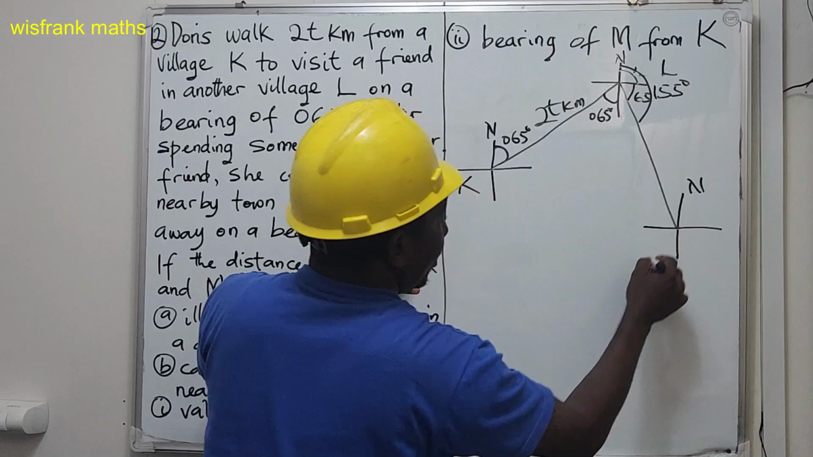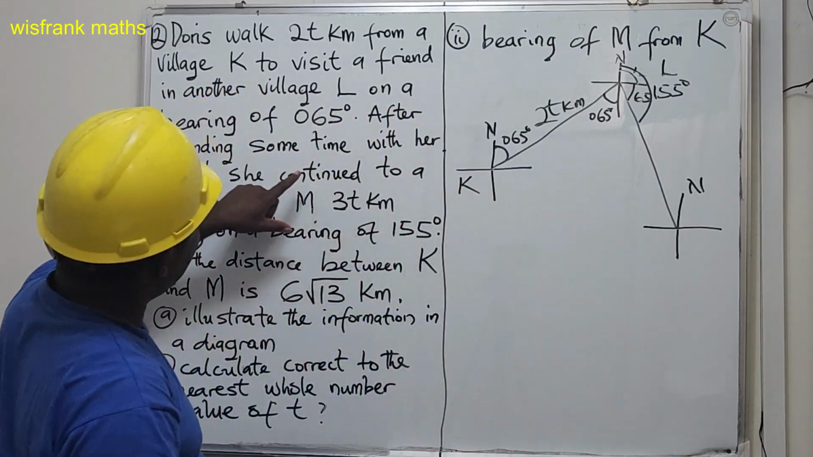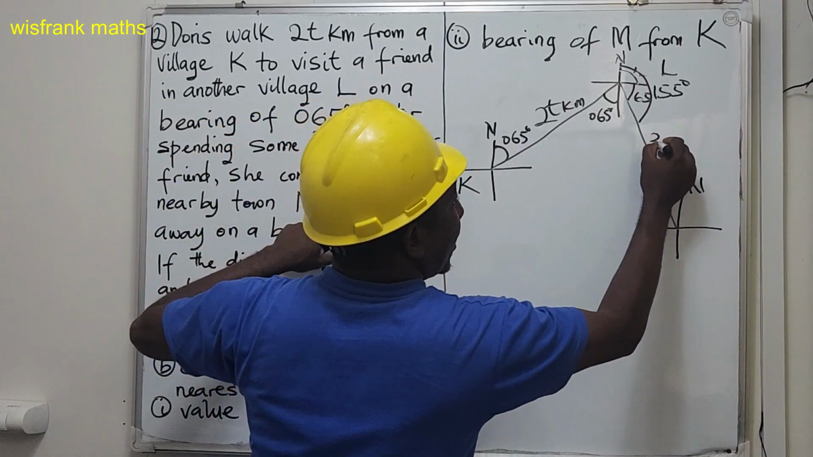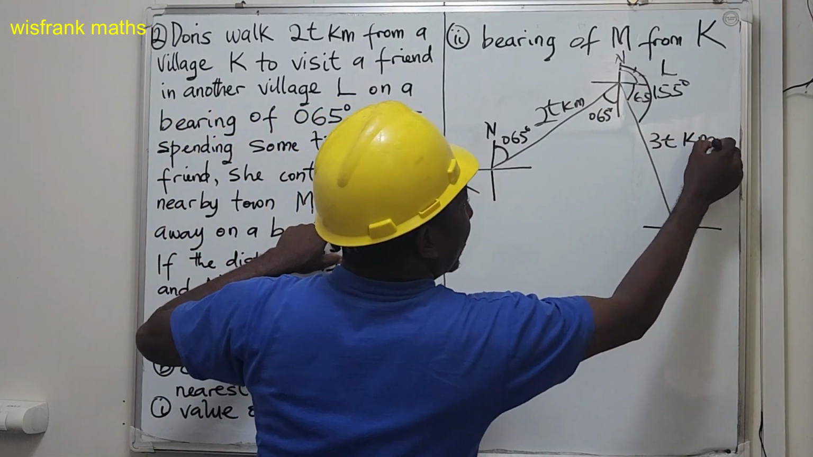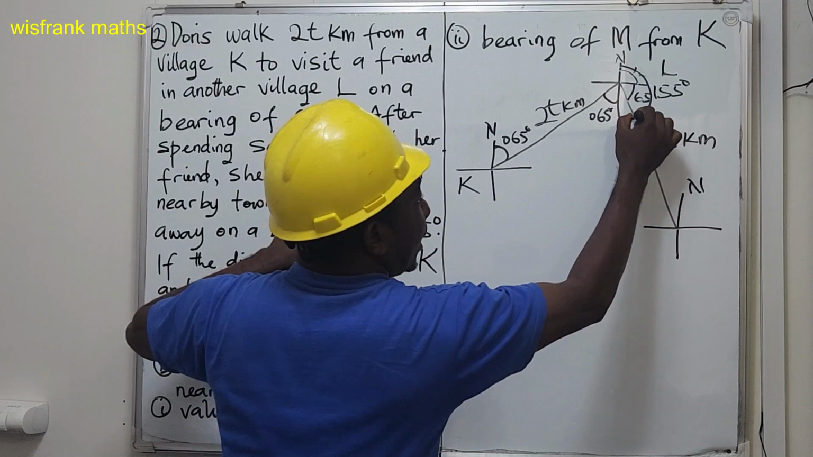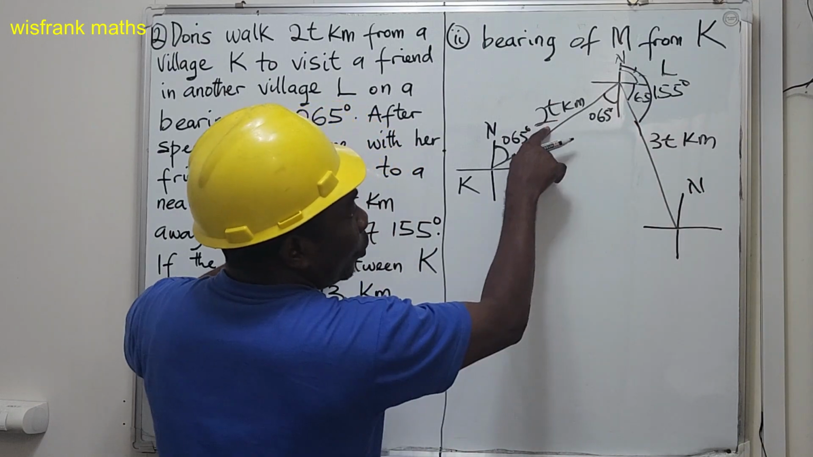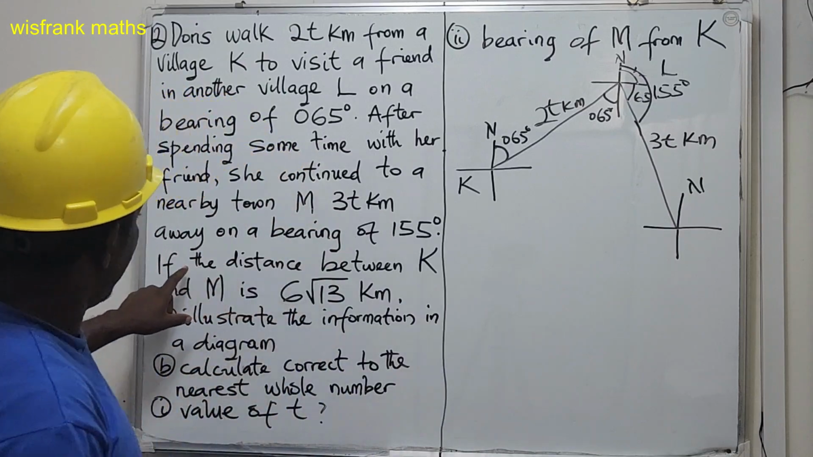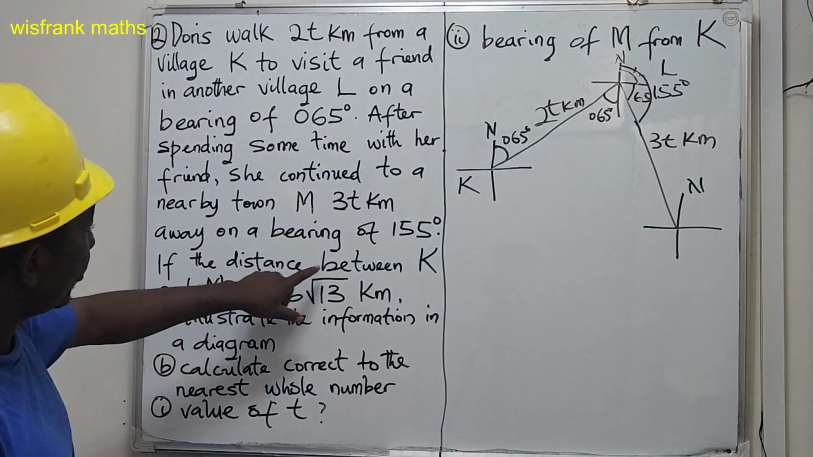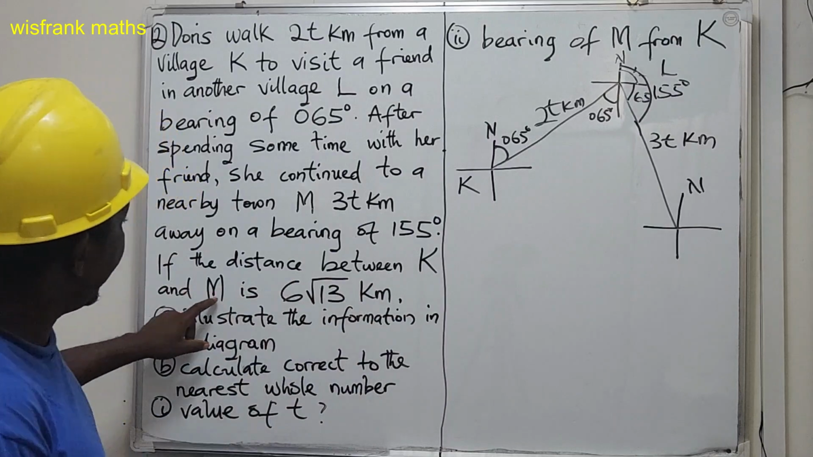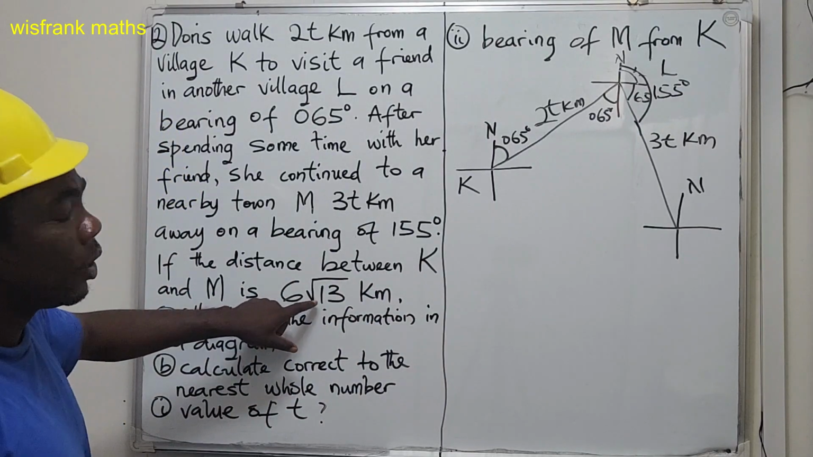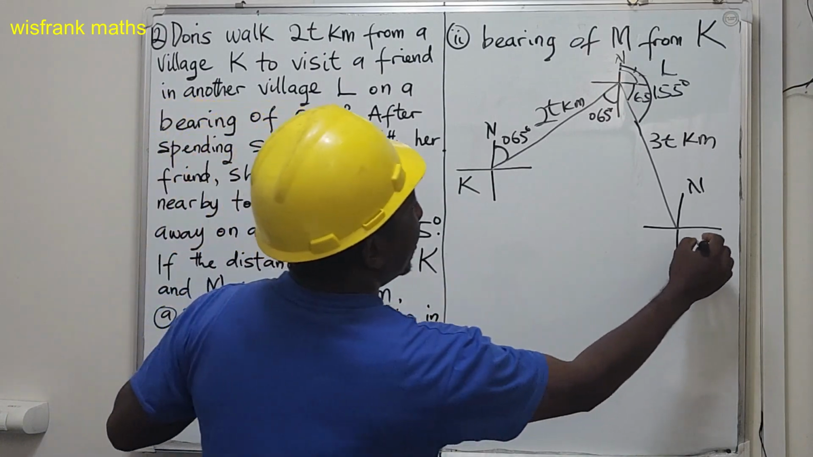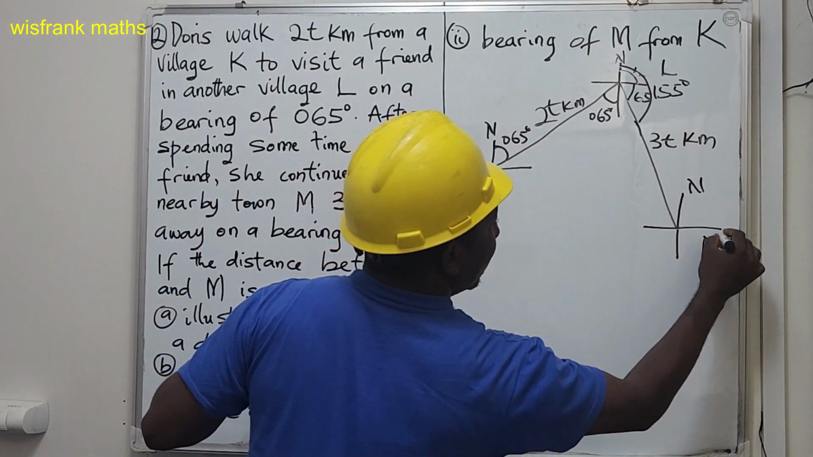To another Cartesian plane, this is north, and it says the distance there is 3 kilometers, and you can see that this distance is longer than this. This is 2 kilometers and this is 3 kilometers. If the distance between K and M is 6√13, so now we have here town M,